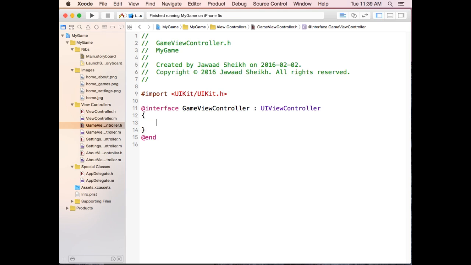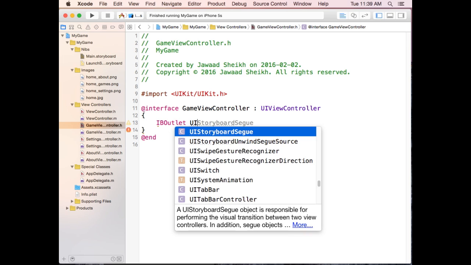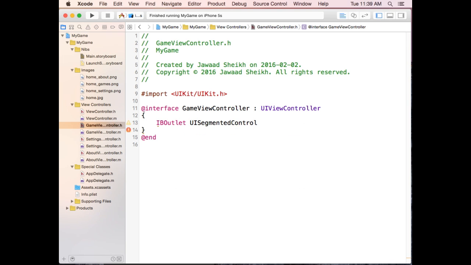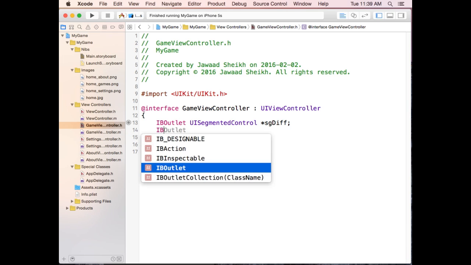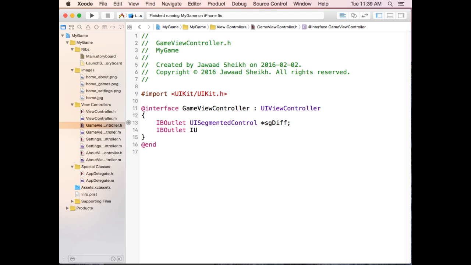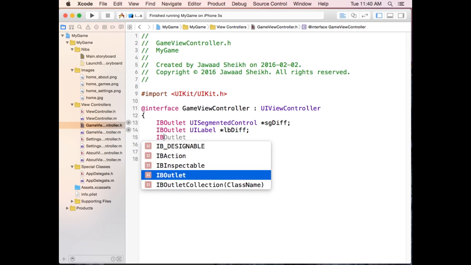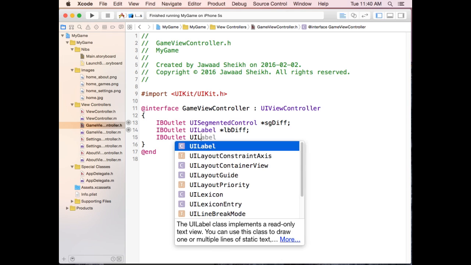So opening, closing curly, I'm going to say IBOutlet. I'm going to start with the segmented control. We're going to say UISegmentedControl. I call this one sgDiff for difficulty. And then we need labels. So we're going to say IBOutlet, UILabel, and we're going to say lbDiff for difficulty again, IBOutlet, UILabel,